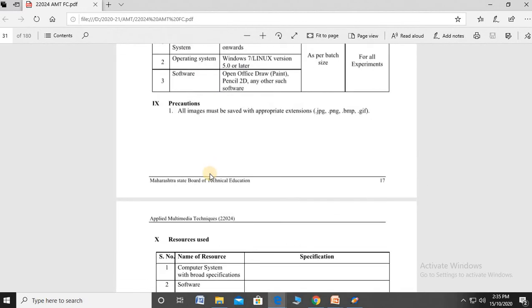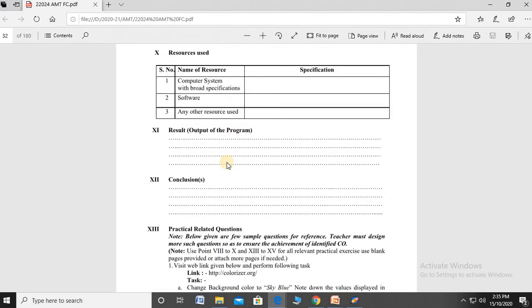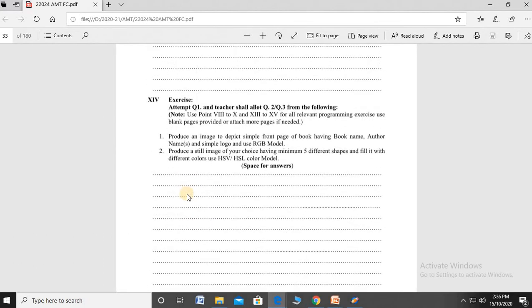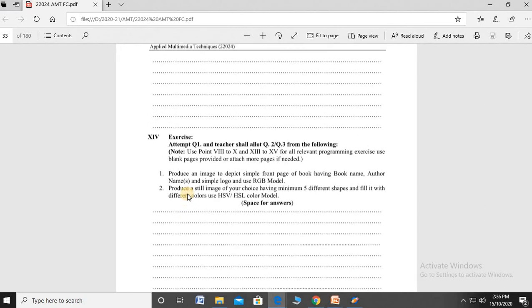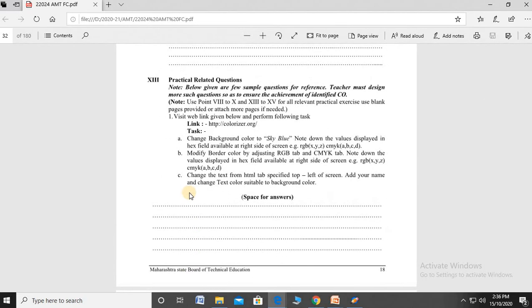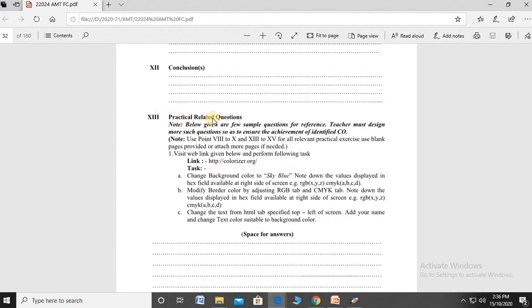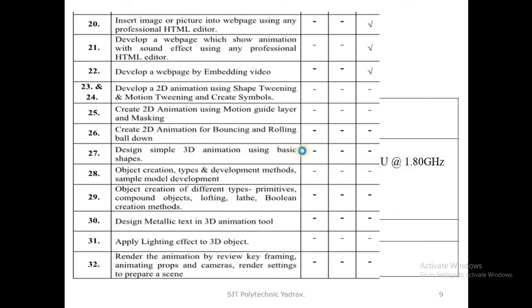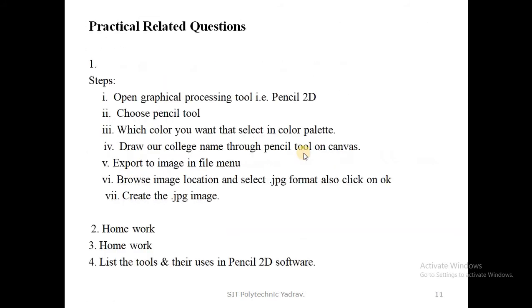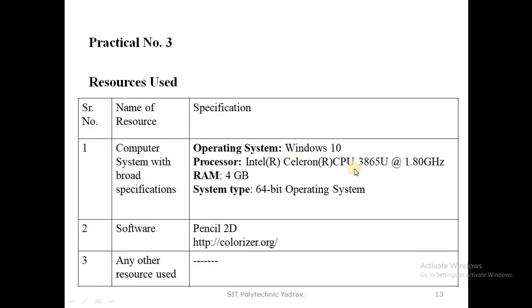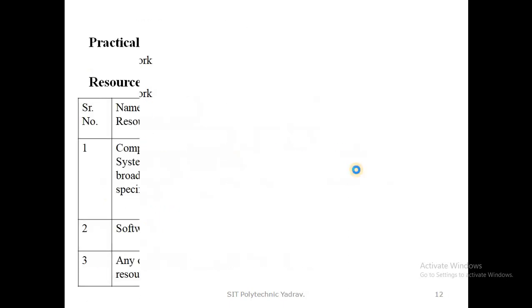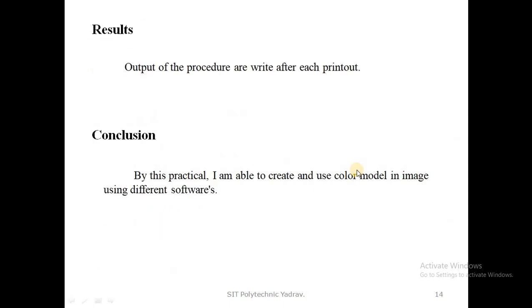That is already completed in the lecture, and also covered in these questions, along with the table, result and conclusion. This completes practical number 2. After that comes practical number 3.